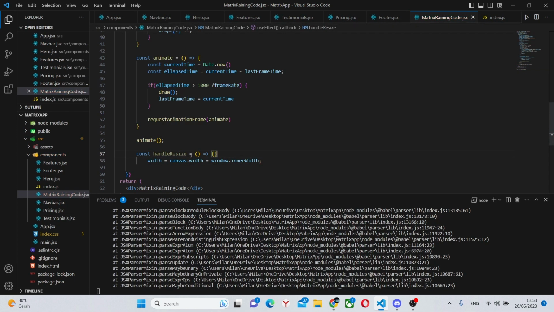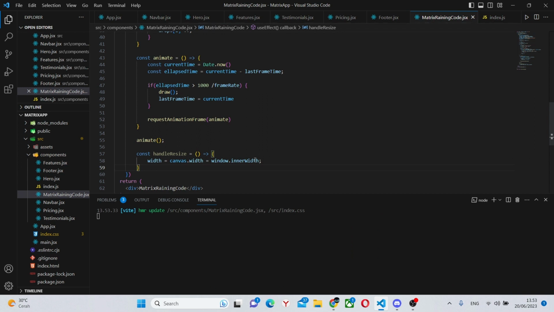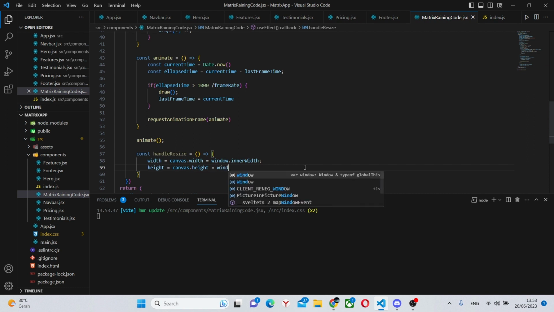These need to be curly brackets, not square brackets. I was wondering why I didn't get any odd suggestions. Window.innerWidth. Next, we can say height equals canvas.height, and we do the same thing. Window.innerHeight, like this.